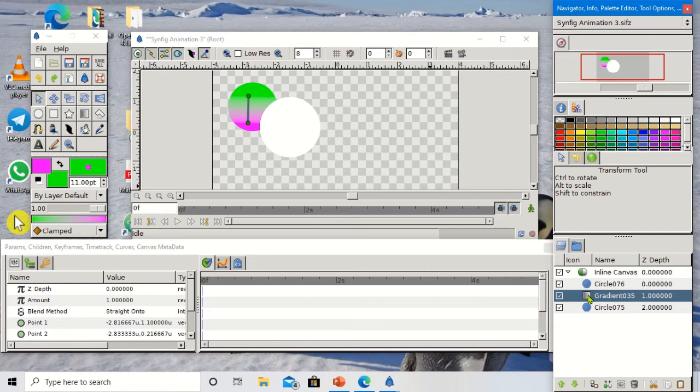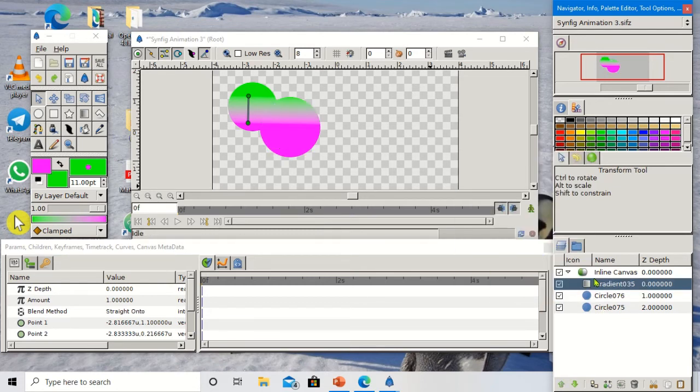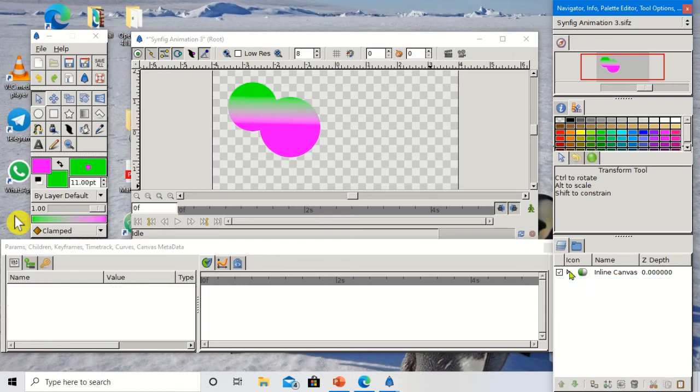If I raise the layer, you can see this gradient layer puts the effect on these two other layers. If we encapsulate, you can see all these things are together, right? So that is the benefit of encapsulating the things. I hope you all got it.